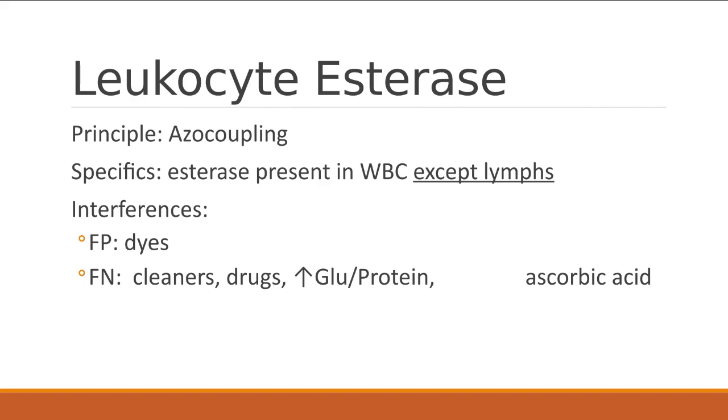Nitrite is bacteria. Now when we talk about leukocyte esterase, these are looking at leukocytes. Leukocytes are white blood cells. So if you have something positive for leukocyte esterase, that's what you need to think about. The principle behind this is also azo coupling. Azo coupling will show up in a couple of these. The specifics for this is your esterase is present in the white cells except for the lymphs. It's not going to detect lymphs. But mostly what it's detecting is going to be